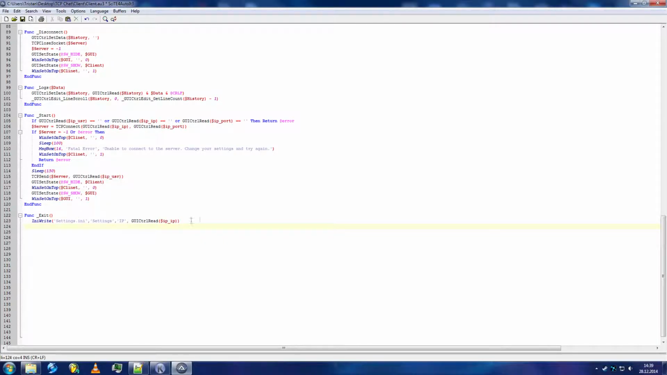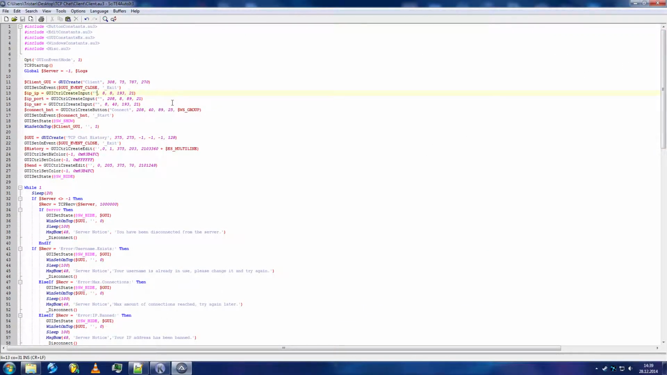This keeps us quick. IP, port, and username, then it should exit and that function. Alright, no problem. We can then scroll up here